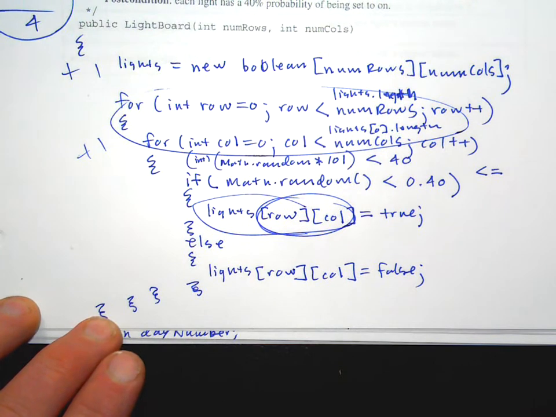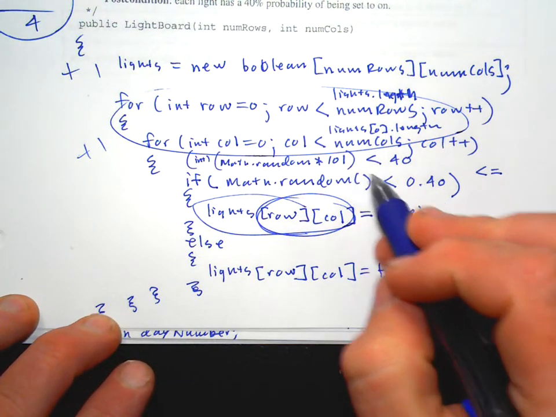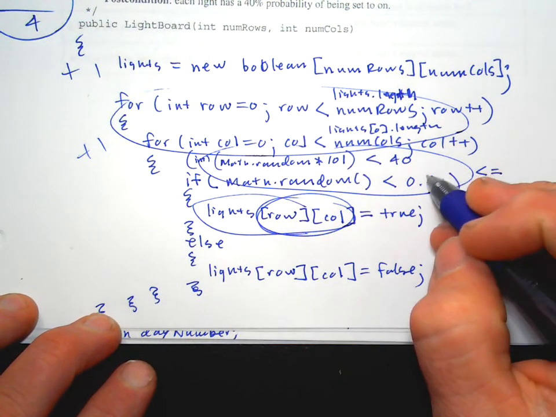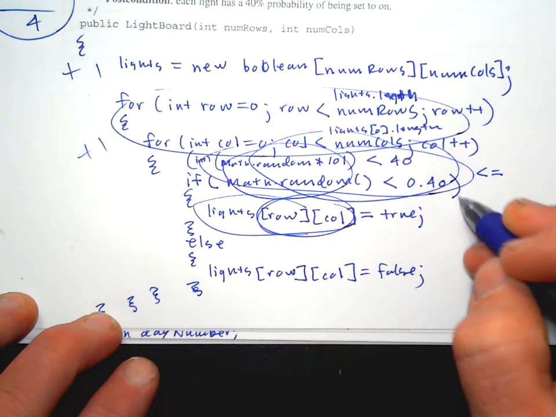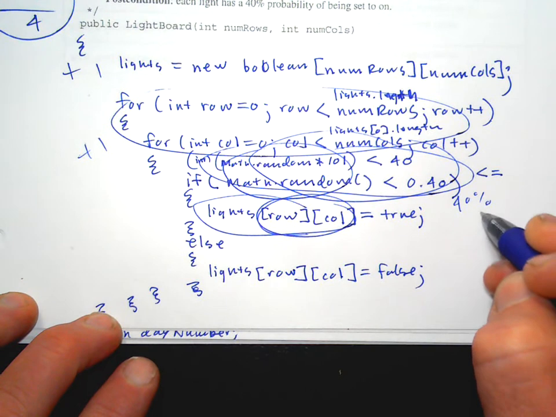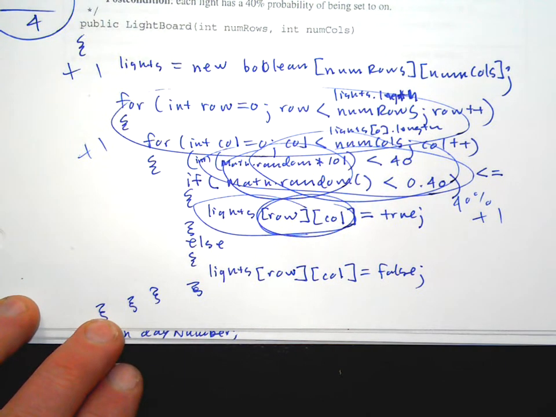Third point was computes the 40% probability. So something like this will give you the 40% probability. That's another point. And then sets all variables in the 2D array based off the computed probability. So